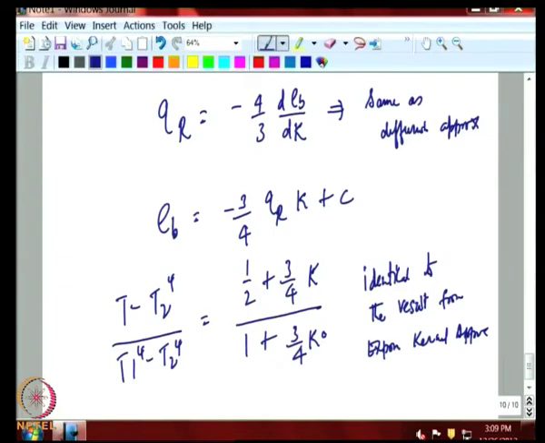And as you saw when you compare this result with the exact numerical solution, this can be within a few percent of the numerical solution. Therefore, such approximations are very useful in the applications that we encounter in real applications. These approximations are extremely useful.